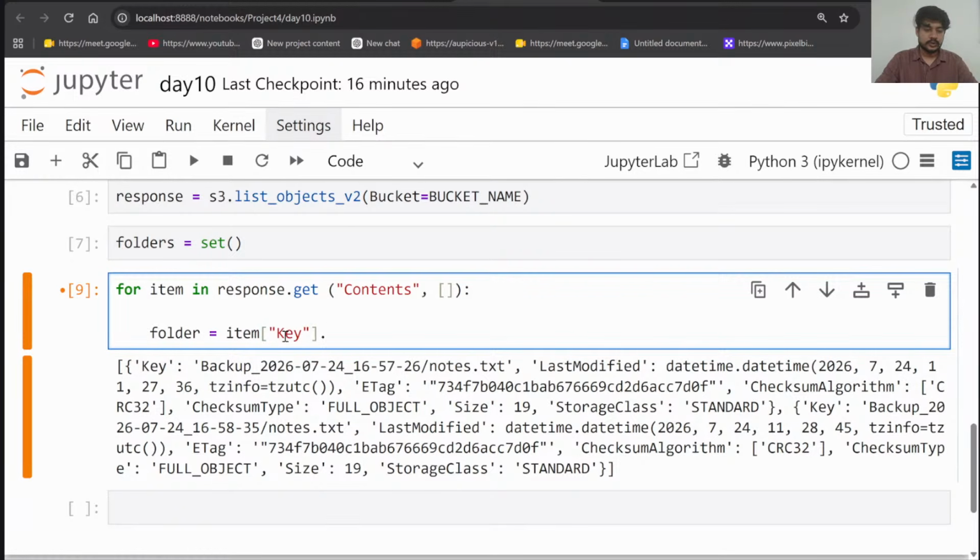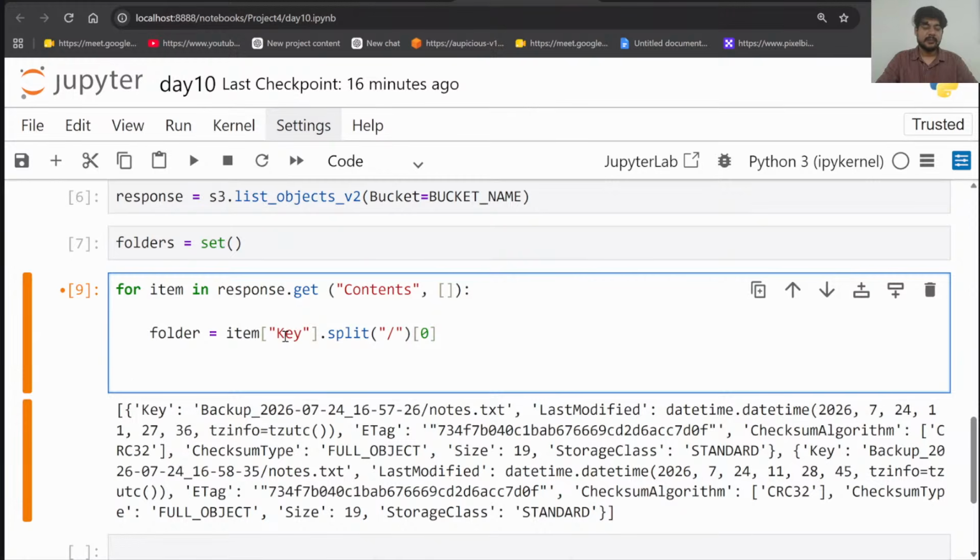Whatever the value of this key is, split it using the split function. So separate the values, split by split. Now on what basis should we split? Comma separated or forward slash separated? I'm saying forward slash separated. I want to split it over here, and store the value at the 0 position. So the folder's value has been assigned here. Now inside this folder we can do many things. What can we do? We can add, what? All the folders we have inside the bucket.